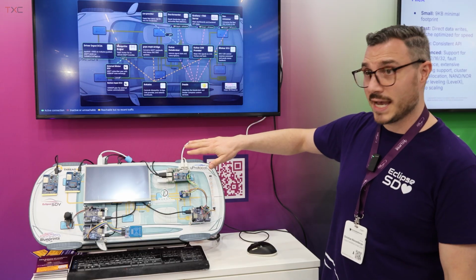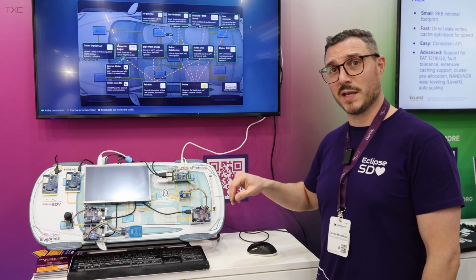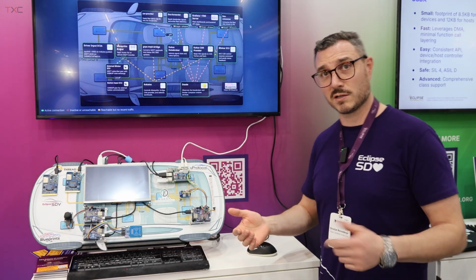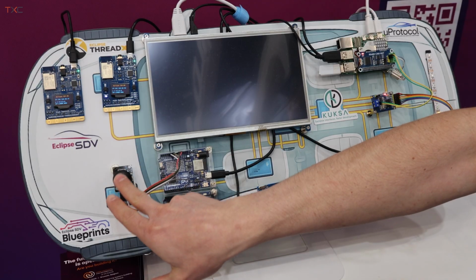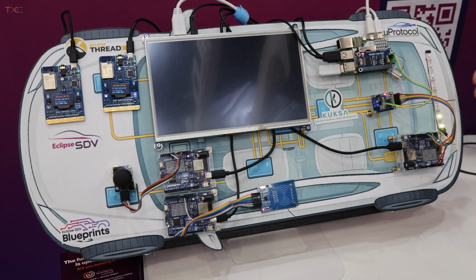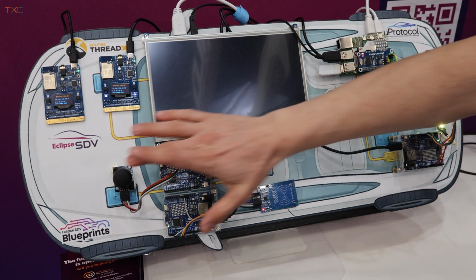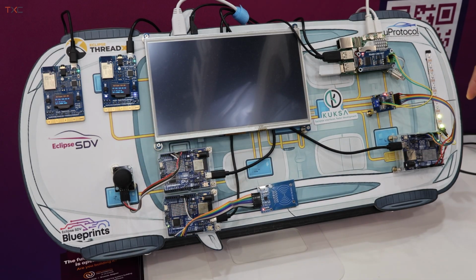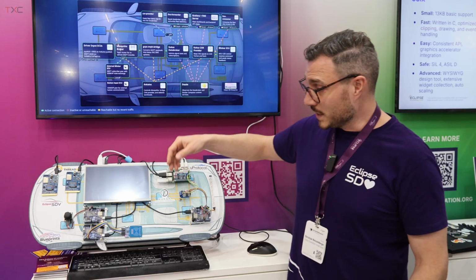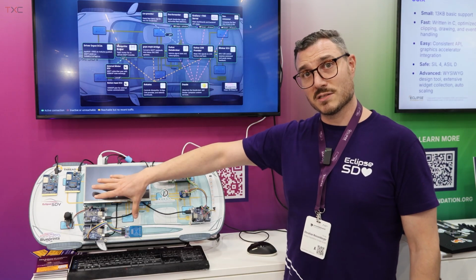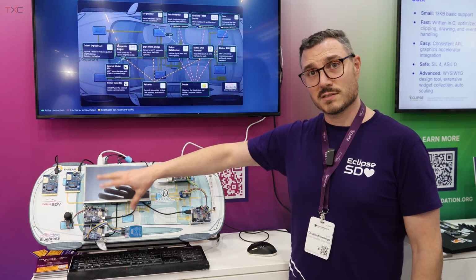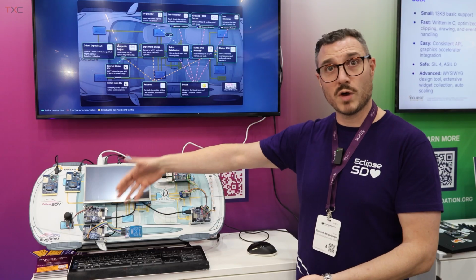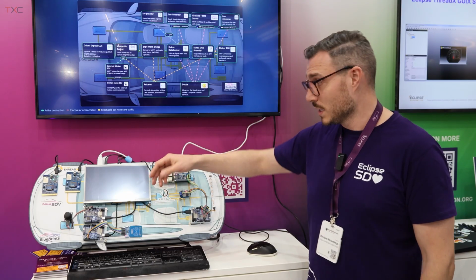In this case, I have implemented a motorbike blinker. If you know how motorbike blinkers work, you press the knob down, it's blinking to the left. You press the knob up, it's blinking to the right. And additionally, if you press the button, it stops the blinking. The thing is, this sensor, or this driver input, does not know where it's pushing the information to, because